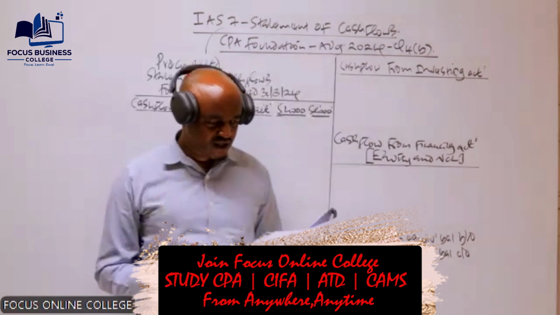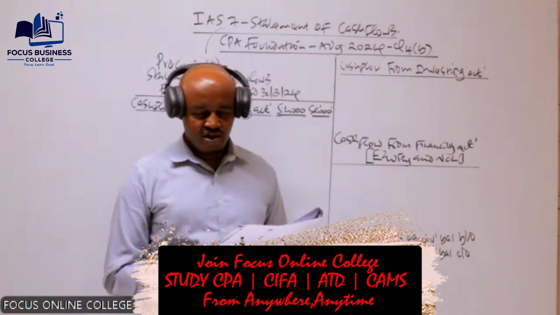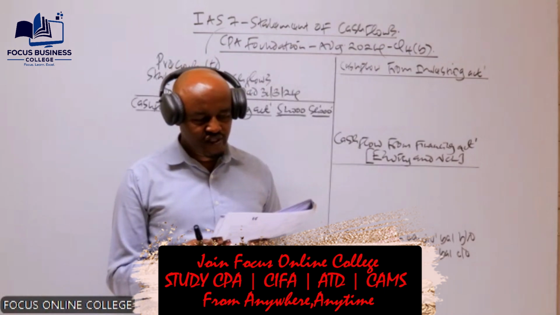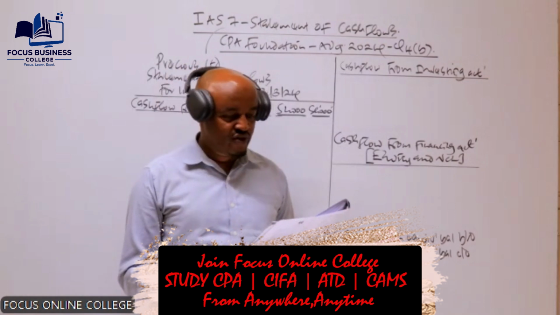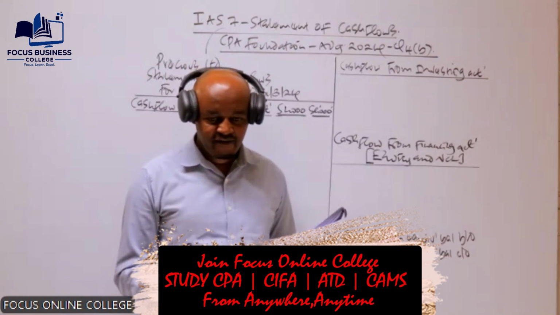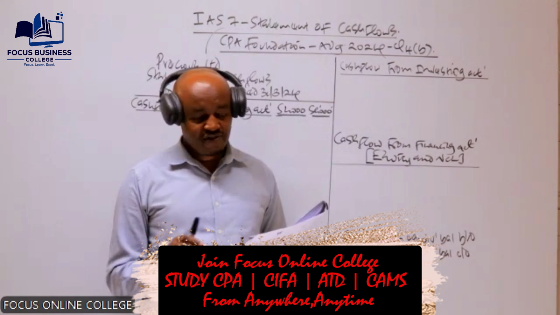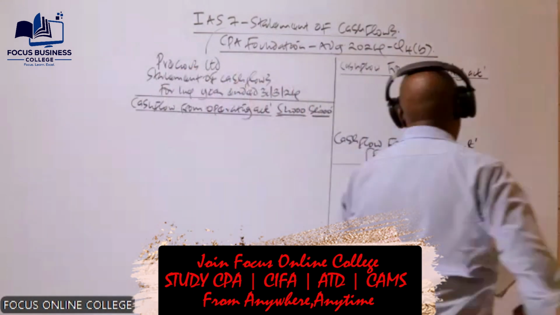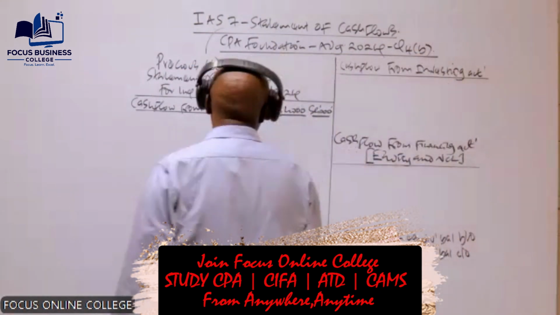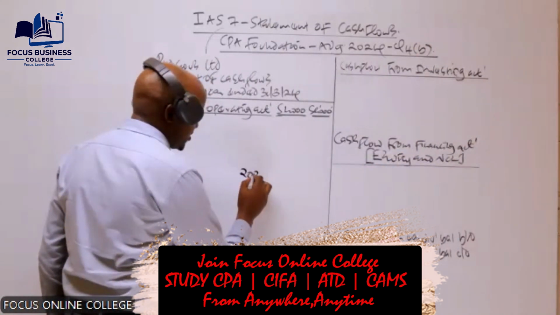Yes, I'm told the first one is basically cash. You also check, do we have bank balance? No, we don't have bank balance. Do we have any short-term investment there? No. So therefore, remember what we have said, that we are given the statement of financial position for 2 years,